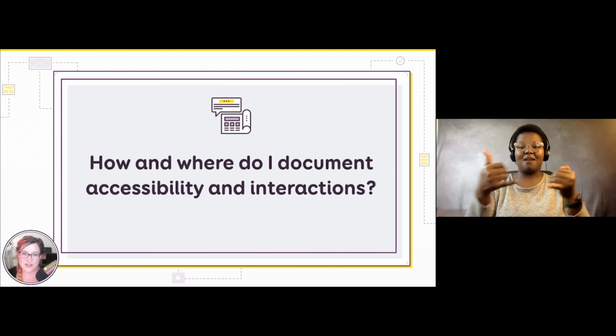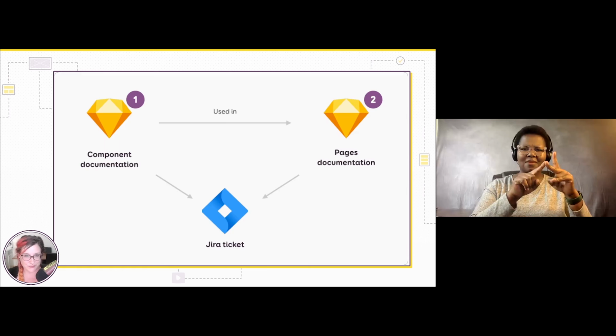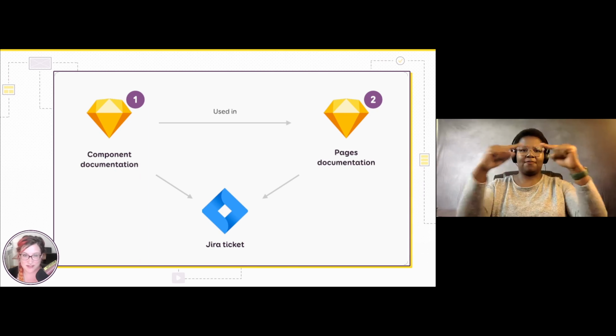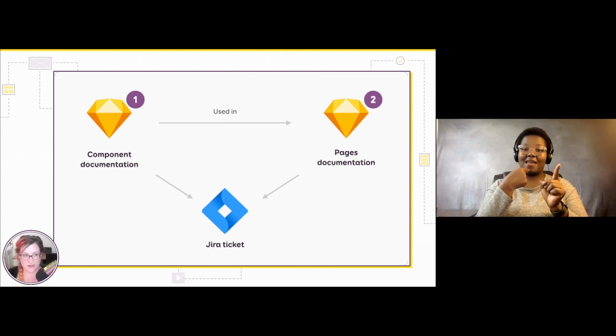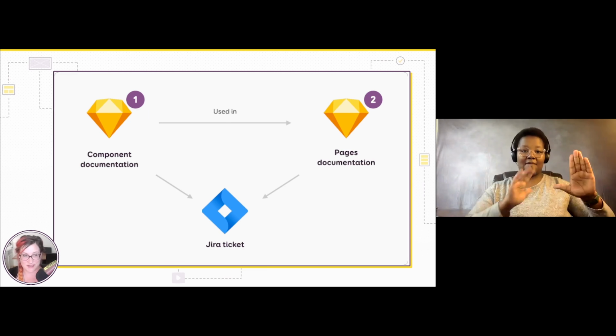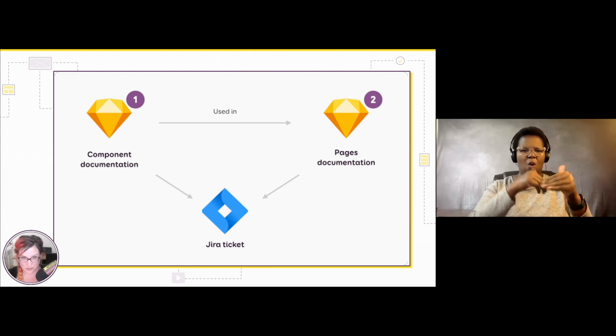So the first question I want to ask is how and where could we document accessibility and interactions? I'm going to use my project as an example. And to help you a little bit understand what's going on there, here is the structure. So we are using Sketch as a design tool, and we have two different files. On the left on my screen, I have component documentation, which is this big Sketch file with all the components where each component is separately described.